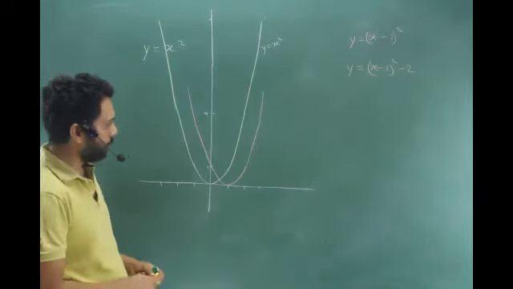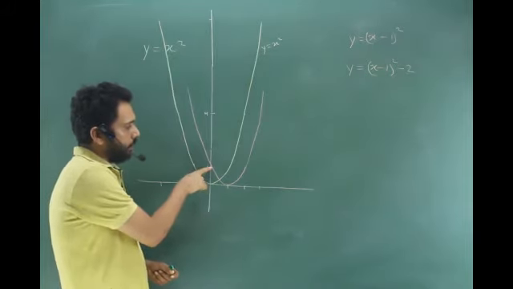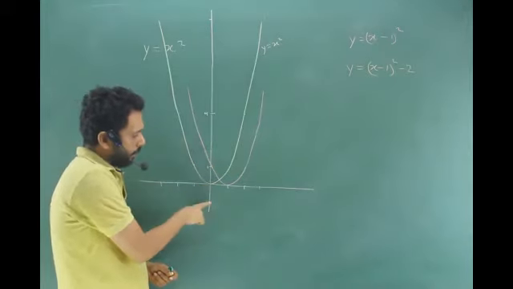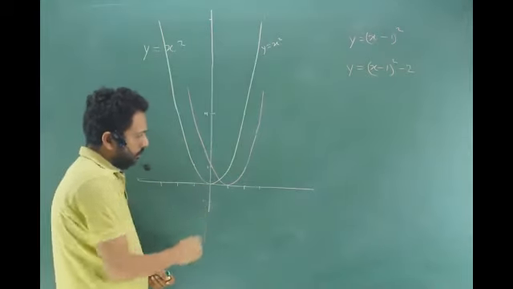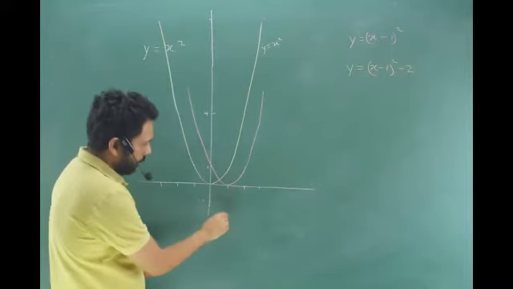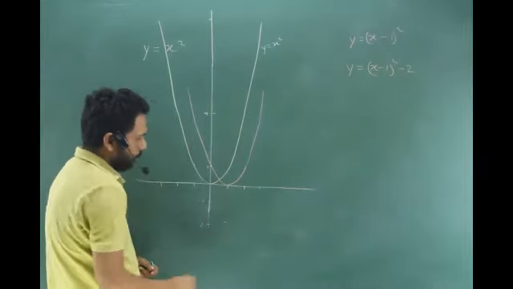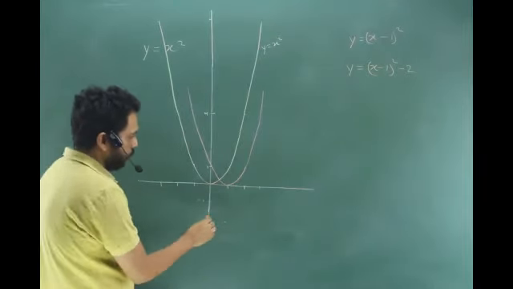This point where it is cutting was what? It was cutting at 1, right? This point will go down where? To minus 1. This point will go down where? Minus 2. It will go down to minus 2, right? So you'll have to be that careful in showing what is happening.